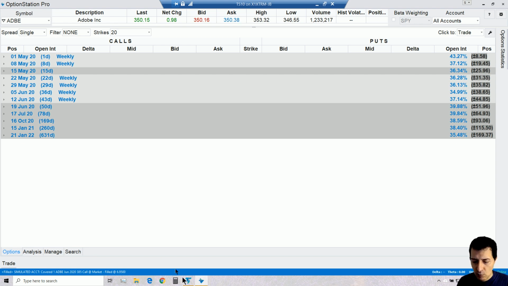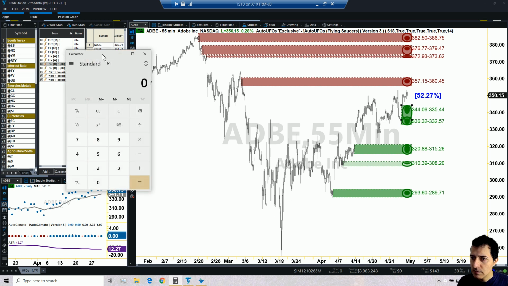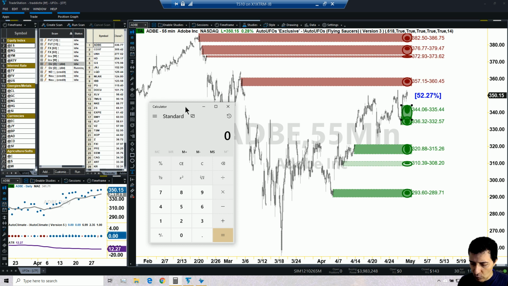Well, to pick the right expiration date, I need to calculate my time to target. How do I do that? I'm going to look at my 368.75, which is my target, and calculate the difference to the 344.16, which is my entry. That's $24. Here on the bottom left, you can see the daily ATR, because it's applied to the daily time frame. This is 12.27. So if I take 24 divided by 12.27, this suggests it's going to take